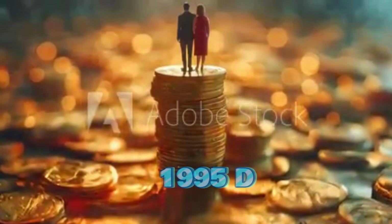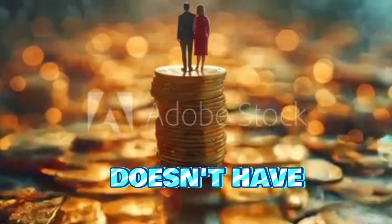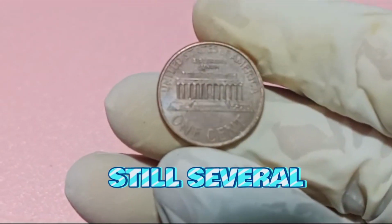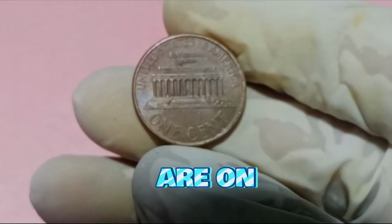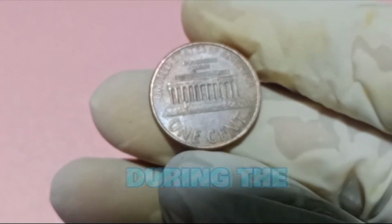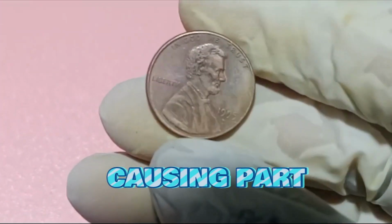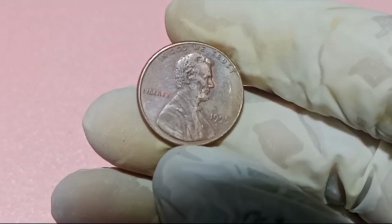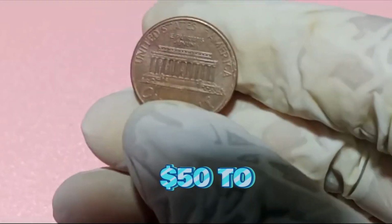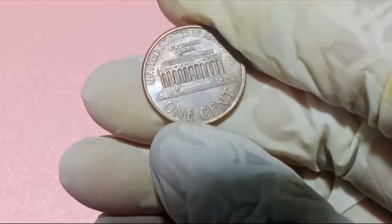$1,000. While the 1995 D Lincoln cent doesn't have a famous double die like its Philadelphia counterpart, there are still several errors and varieties that collectors are on the lookout for. Off-center errors occur when the coin is not properly aligned during the striking process, causing part of the design to be missing. These off-center 1995 D cents can be worth anywhere from $50 to $200, depending on the degree of